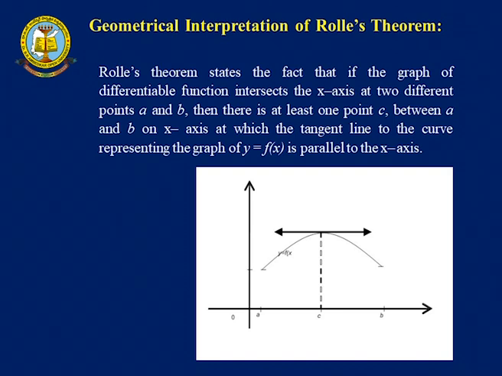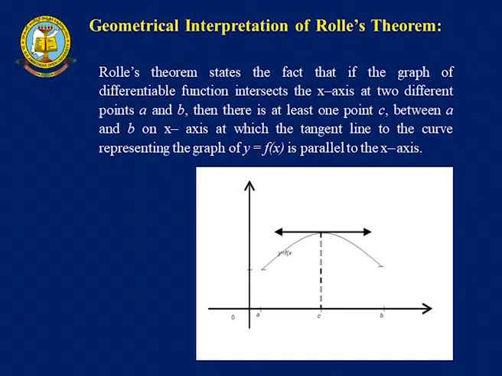f of a equal to f of b, and in between a comma b one element c exists, then the derivative of f at c, f dash of c equal to 0, and the tangent line is parallel to the x axis. So here one thing will be there, f of a equal to f of b,